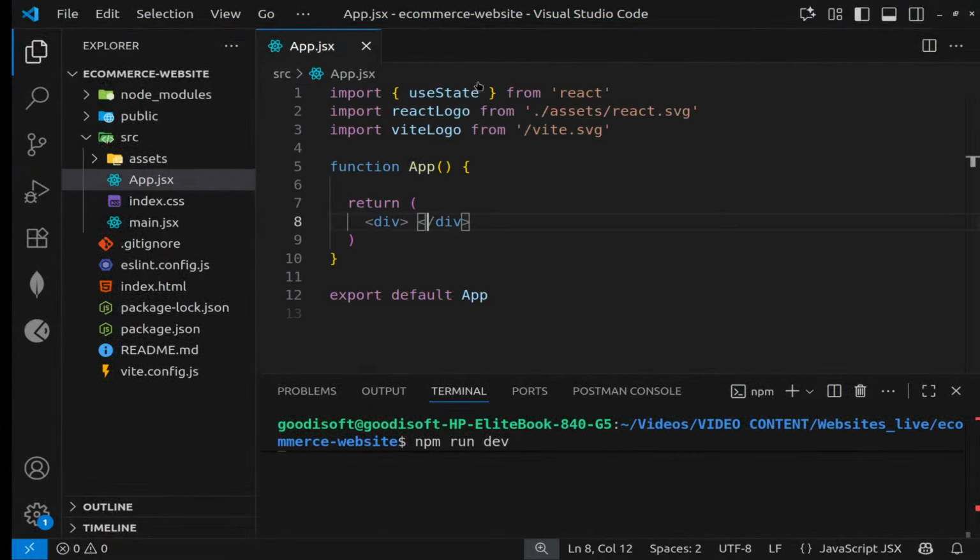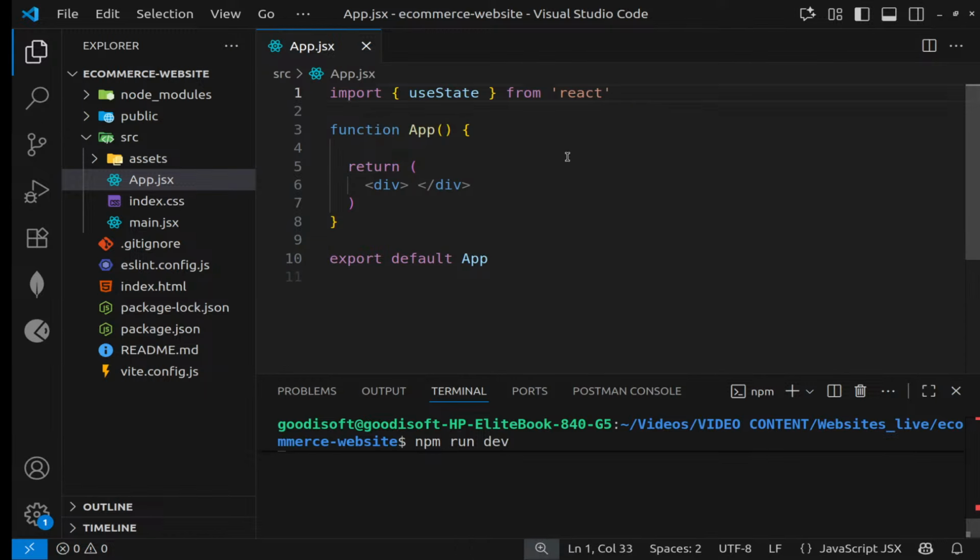A plain white page. All right. So let's go back to the code. Remember, we are doing setup for this project now. So I'll just leave this. Next thing, I don't need this logo, the Vite logo and the React logo, right? So I'm removing them, okay? So this is just what we have now, right? So we have our setup